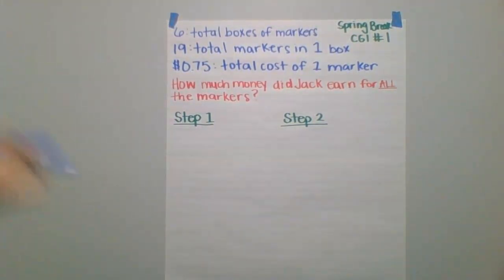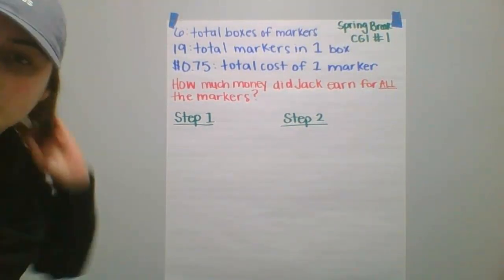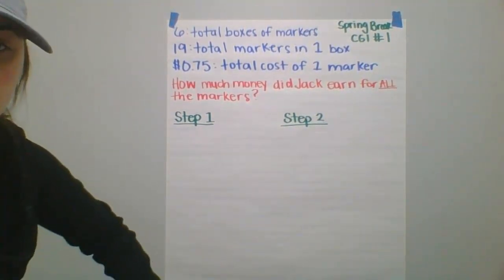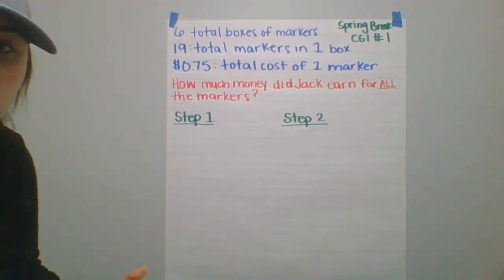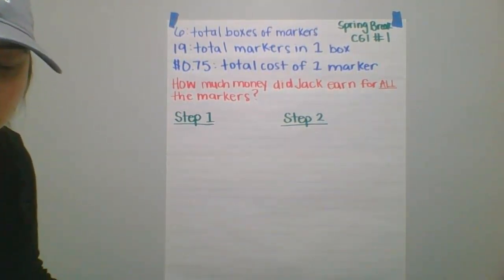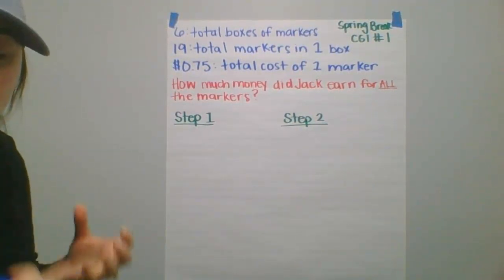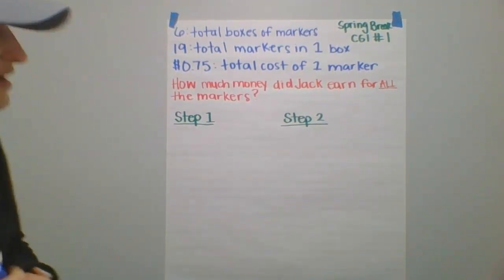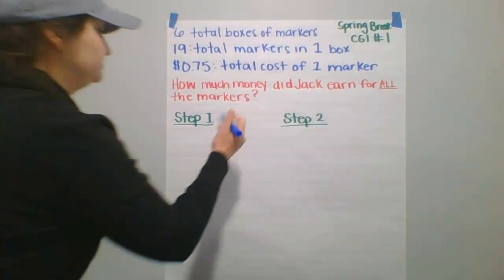So this problem is going to have 2 steps. In our first step, we want to figure out how many markers we have in all. We know how many boxes we have and we know how many markers are in each box. So we want to take those 2 numbers together and figure out how many total markers we have. So for step 1,